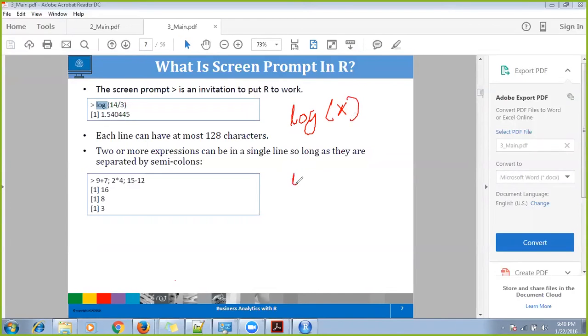A logarithmic function can be log of e, log base 2, log base 10, can be anything actually. We know these are the common log operations, but it can be anything. But when I'm writing something like this, I am not giving any base here. That means by default it is the log e operation. By default, log is log base e.